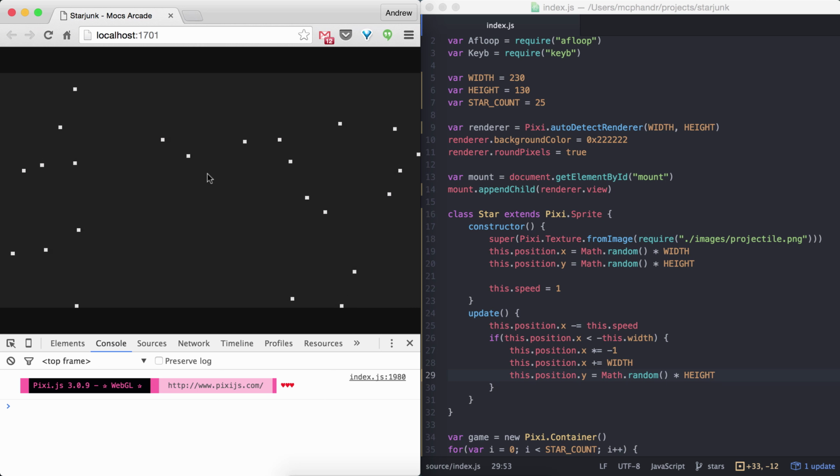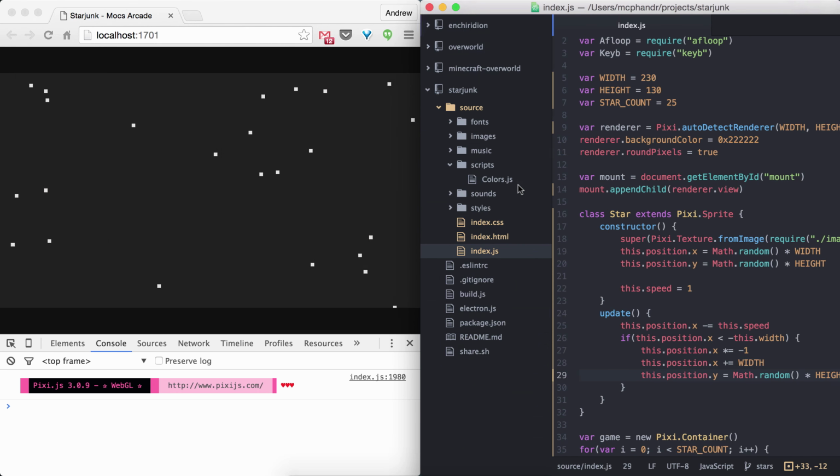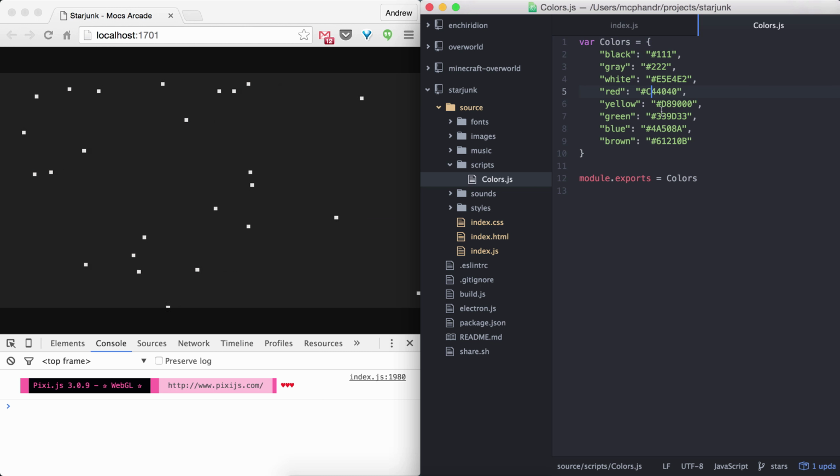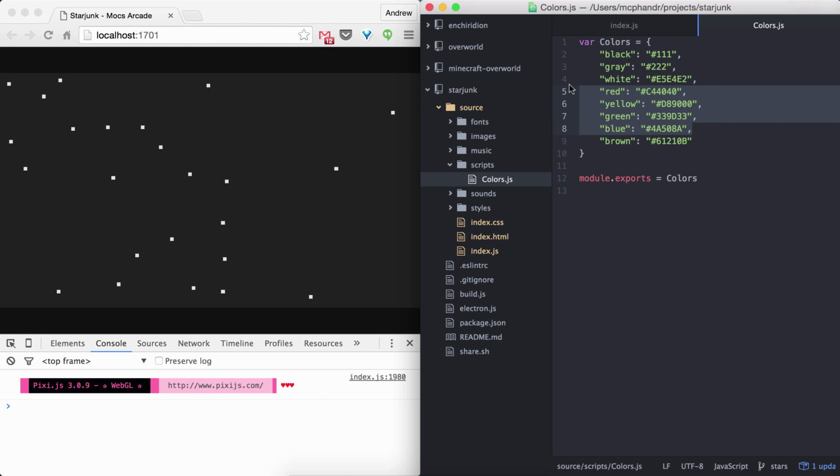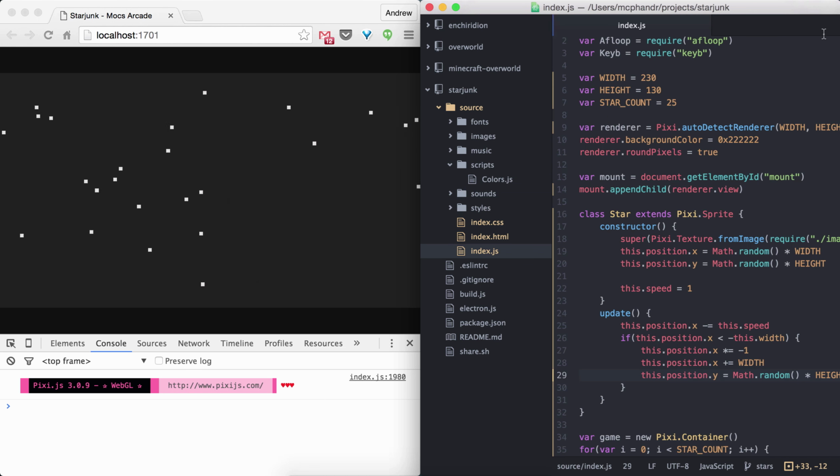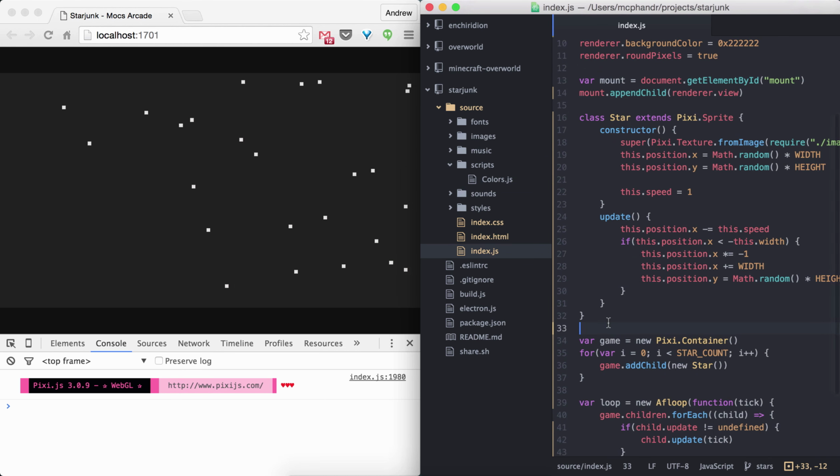The white stars are a little boring, to be honest. So let's make it that we can color them. I think I prepared the colors already, but these were in the wrong format. We want these colors here. But the way that Pixi accepts colors is only as hex values. So let's say